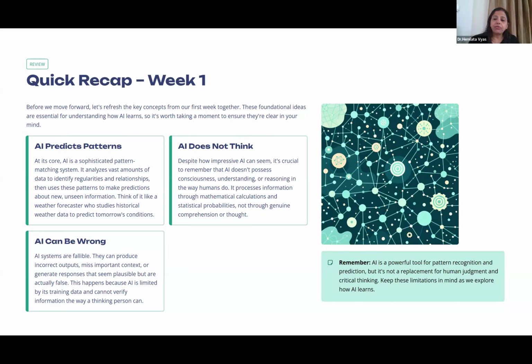What happens is it will produce an output, it will produce data, and it will look flawless. The report is so good, but it may be wrong also. So you have to have that human in the loop, which we are going to talk about. How is AI the most powerful? It helps in pattern recognition and predictions. But as I mentioned, human judgment and human critical thinking is the most important thing. From week one, we'll carry all these concepts into a bit deeper thinking.